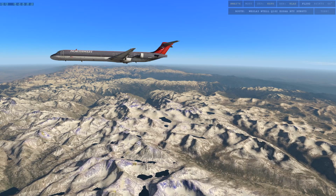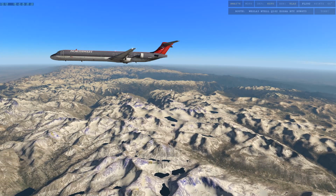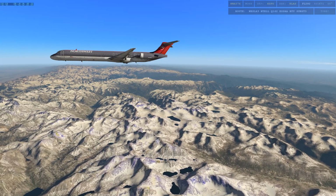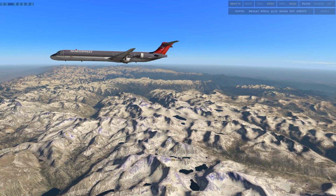Here it looks cool in the mountains because it definitely has some variance to it. You get those snow-covered peaks. But it was all white all the time. But,